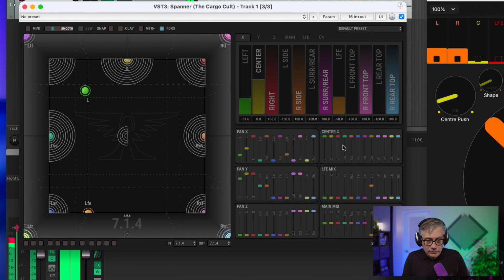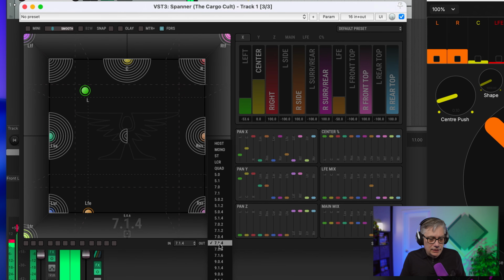And this is actually really, really straightforward to use. So a couple of different options also. I can choose how much of that audio goes into LFE and other things as well. Now, one thing which is also nice is that this is not only a panning plugin, it's also an upmix, downmix plugin. So you can also upmix that into 9.1.6, for example, or you can downmix that into 5.1, and that works beautifully as well.